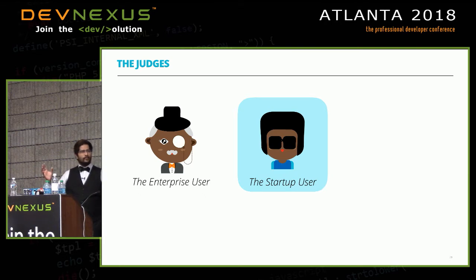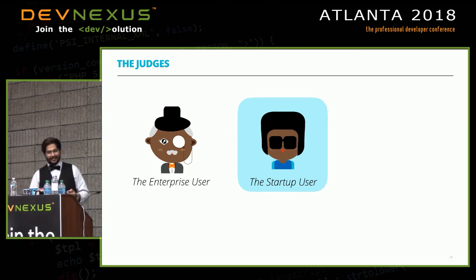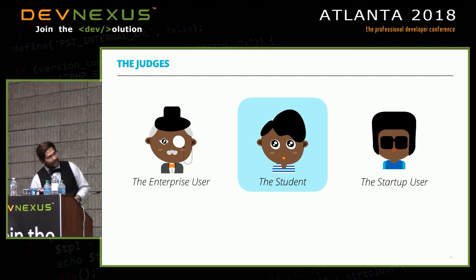So these are two extremes on the spectrum, and you probably expected that these are the personas we'd pick. But having an even number of personas makes it harder to mathematically evaluate which one wins, and you need to have an odd number. So the third one that we chose was a persona we call the user, the student.